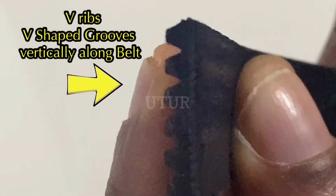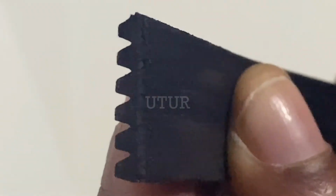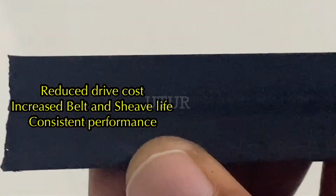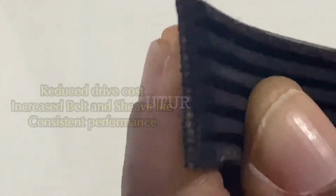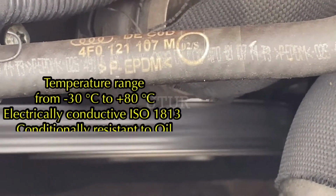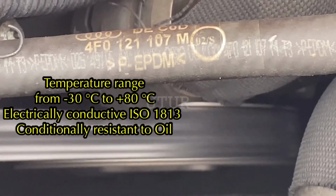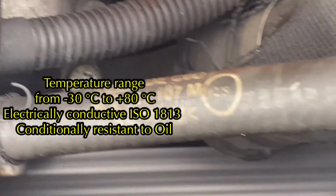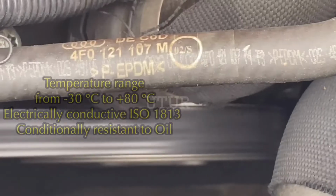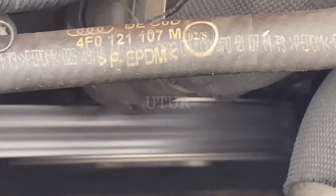So the advantages of this pulley V-belt or serpentine belt are increased belt and sheave life, reduced drive cost, consistent performance, electrical conductivity, conditional resistance to oil, and the ability to withstand a temperature range from minus 30 degrees centigrade to plus 80 degrees centigrade. When is the best time to change your drive belt or serpentine or